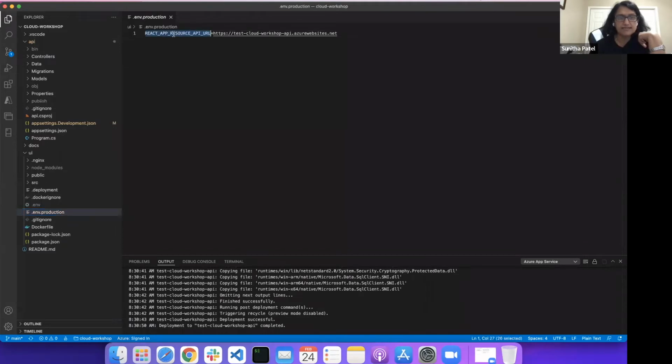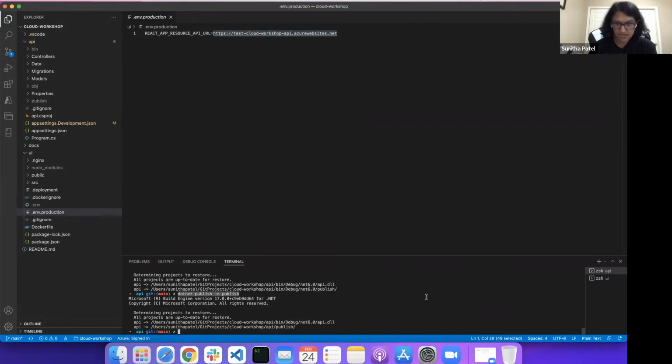And this React App Resource API URL was talking to the URL for the app service that I just made. That's why I named it specifically this, because I have this in my configuration for the front-end app to be able to talk to the API, right? So for this UI,